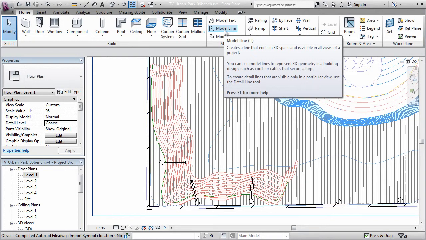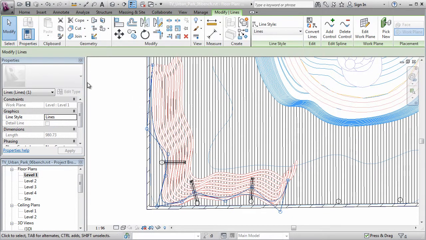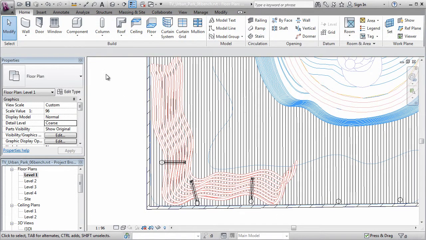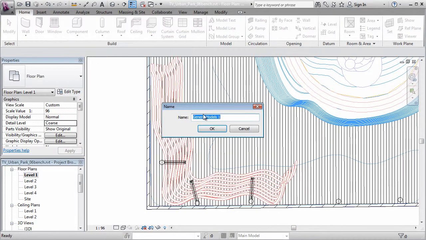And the reason I did it here is so I can draw this line with my standard spline tools and things while I can see my shape. And what I'm actually going to do is select it and cut, and now I'll go in to Component for my bench and Model in Place. Under Generic Models, I will call this Bench,